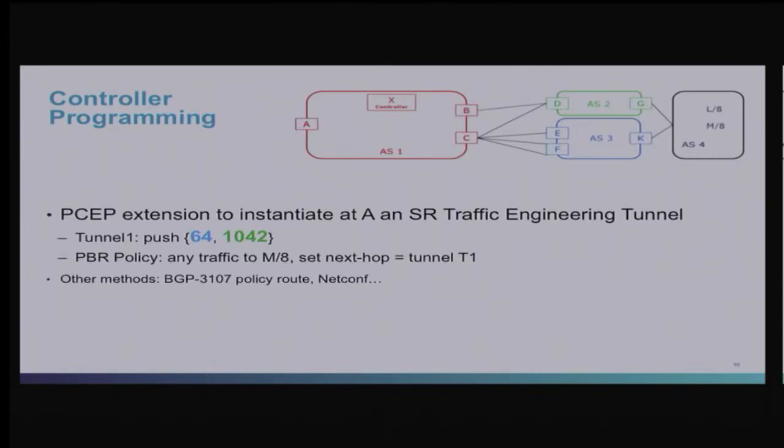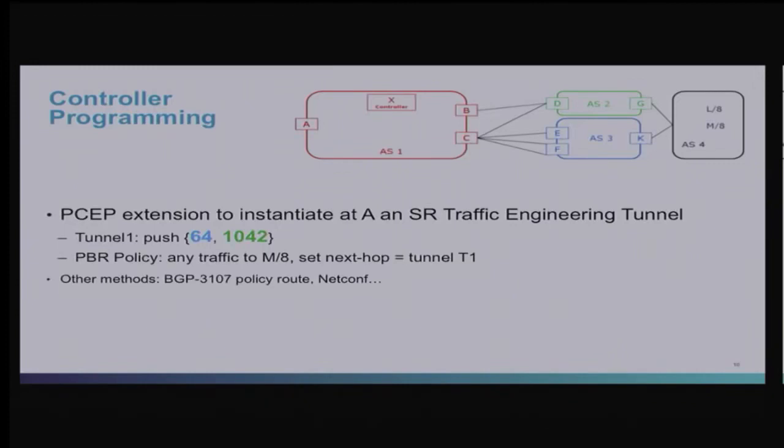The controller could send a BGP 3107 route that would override the classic internet route with the next hop specifying the exit point and the label specifying the BGP peering segment. It could be a VPN v4 route, but an obvious way to program it is to use PCEP programming. So that's the one I described in this case. The other models, I explained in the draft.